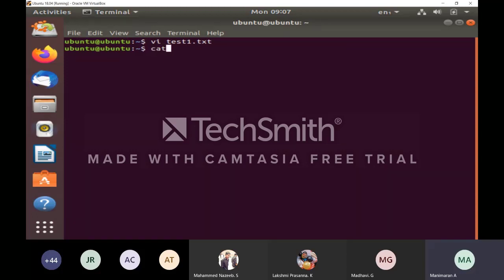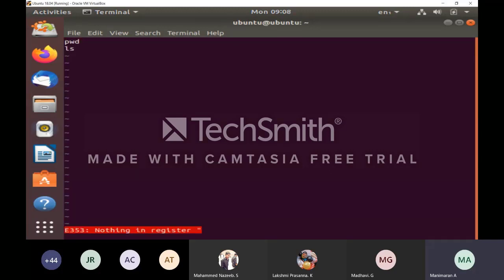Okay, so we can check the file also. In this way also we can check test1.txt. The file contents are there, and by using the vi editor also we can check test1.txt. Okay, now both are possible. If you want to come out, press escape, after that :wq.